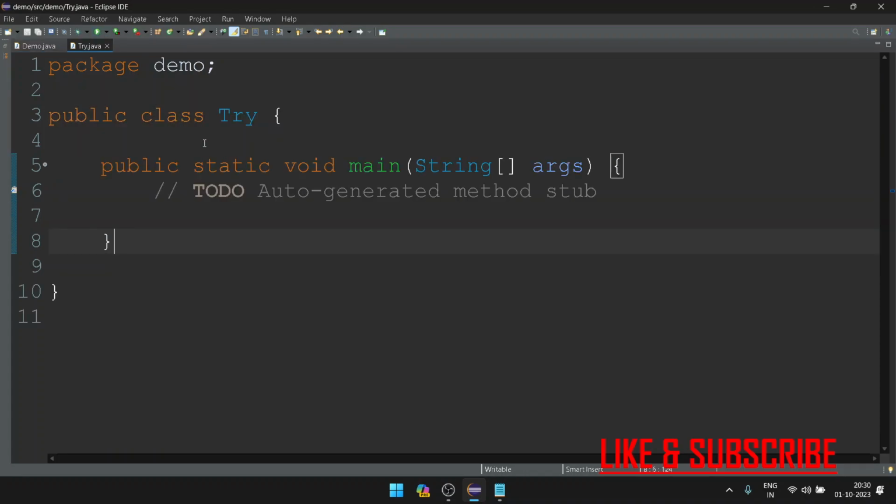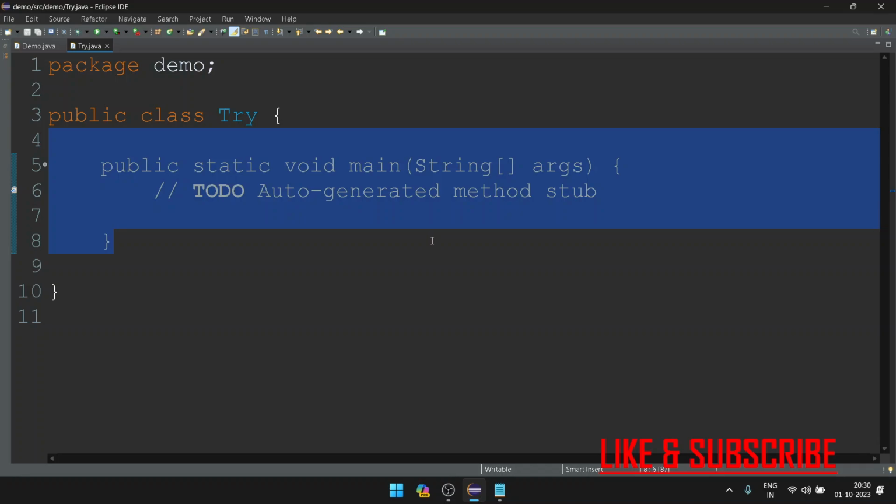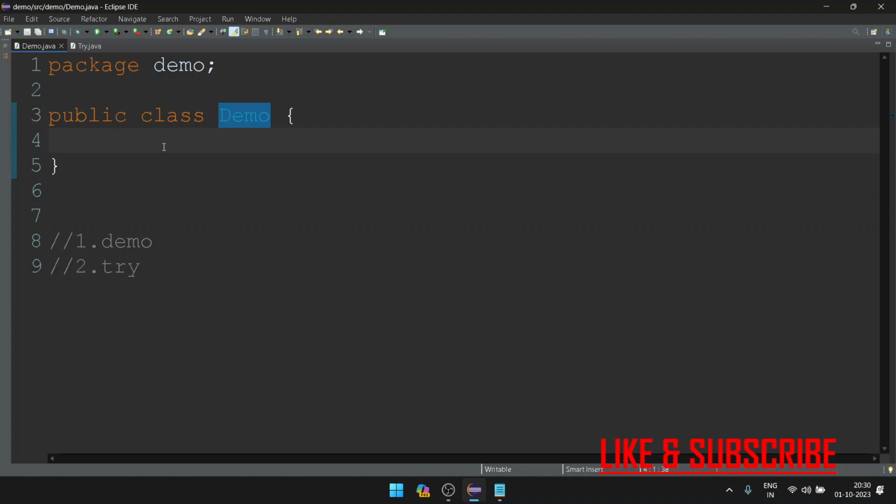And my second class, that is Try, contains this class. It starts from here. It contains a main method. So we all know that my execution will start from here, from this class. Whatever I write in this class, see here, if I write anything